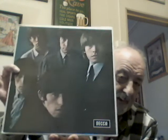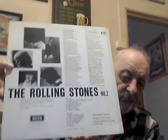This is my original 12x5. Now, the Australian copy followed the UK regarding the Stones releases, with one exception. This is an original I've never played, and I'm about to play it in a minute. Just a hint of ringwear. This is the Rolling Stones #2, original UK, 1964, mono, with the wonderful